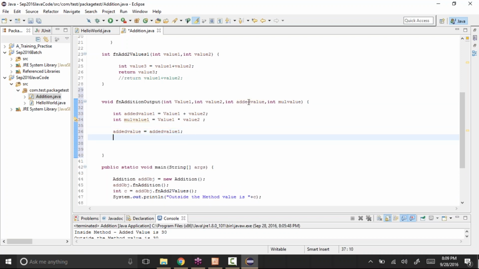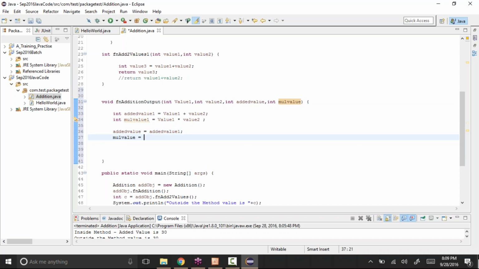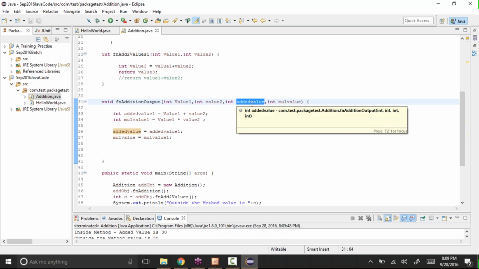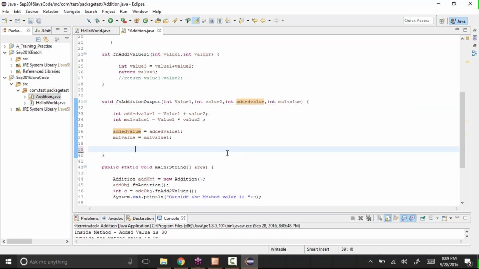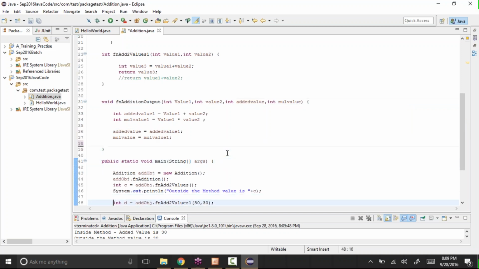And mul value equal to mul value 1. Then save it. Okay, so what we are trying to do is return the values using the output parameters like this. Now let's try to execute this.